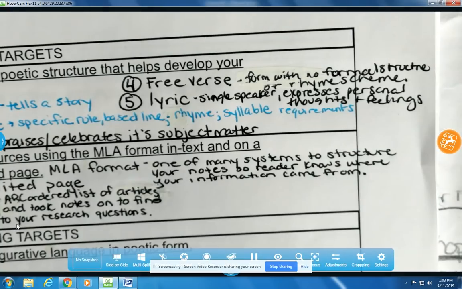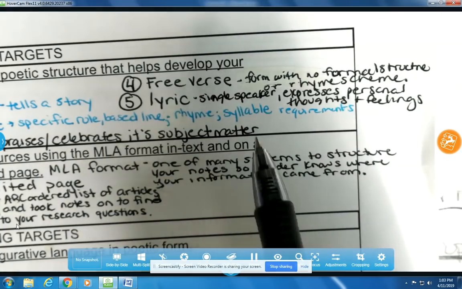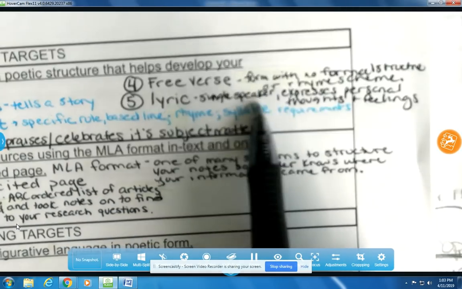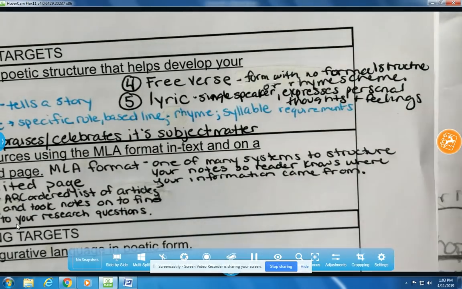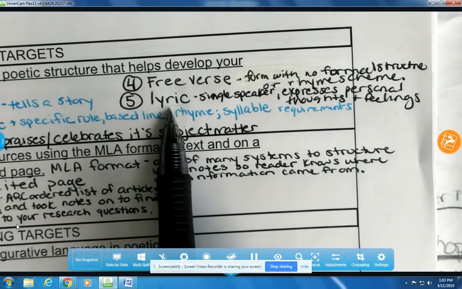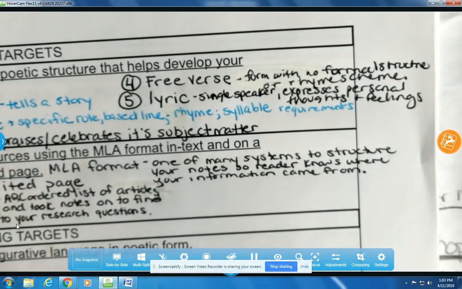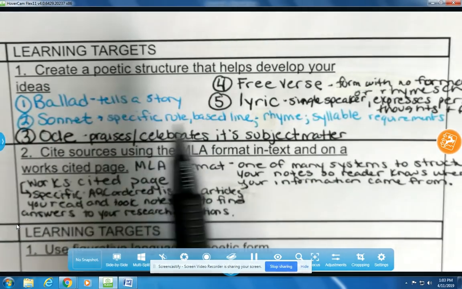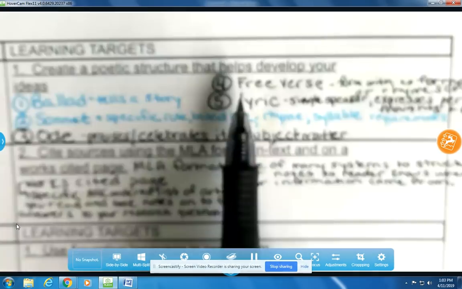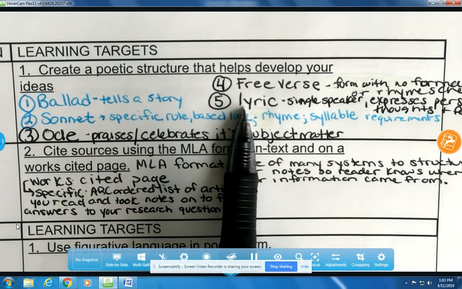A lyric could also be a free verse because it could be a single speaker expressing personal thoughts and feelings. A lyric could be written as a sonnet. A lyric could also be written as an ode. So lyric is not necessarily structural.